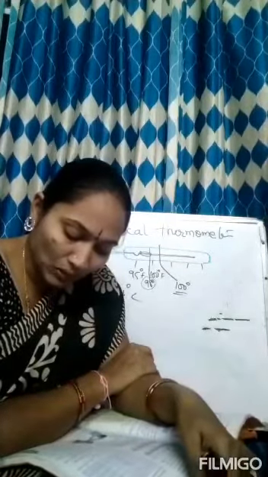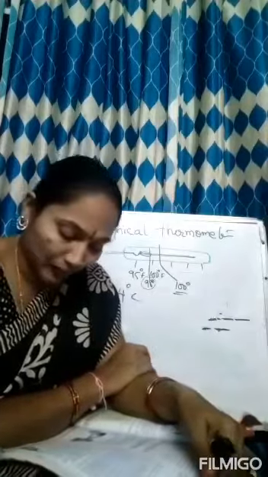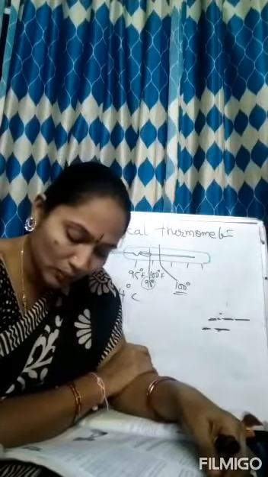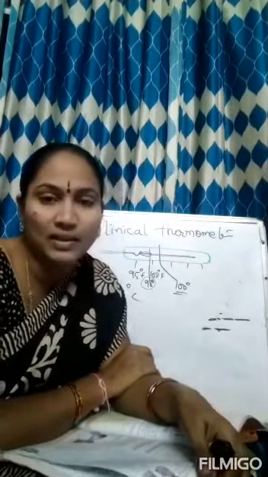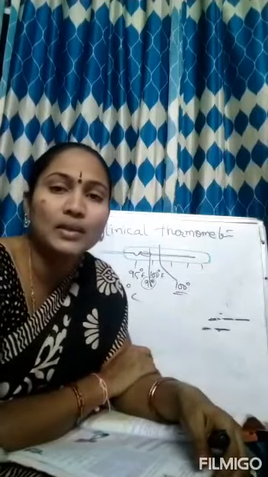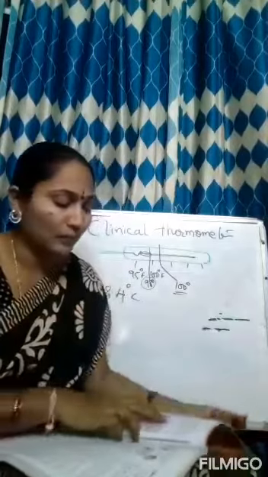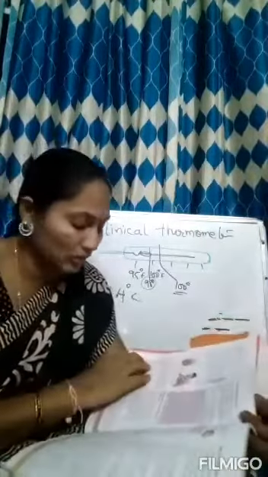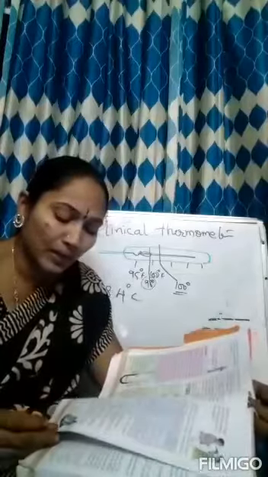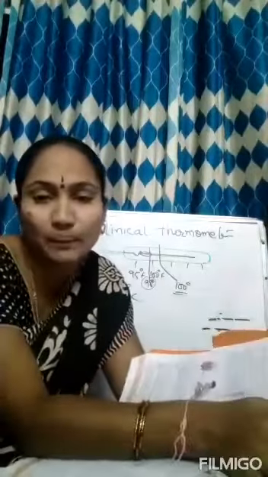Next they have given about the thermistor thermometer. It is available in the market to measure the human body temperature, particularly for infants and children. Infant means babies of a few months old are called infants, and then the children. To check the temperature of these bodies, they are using the thermistor thermometer in some hospitals.